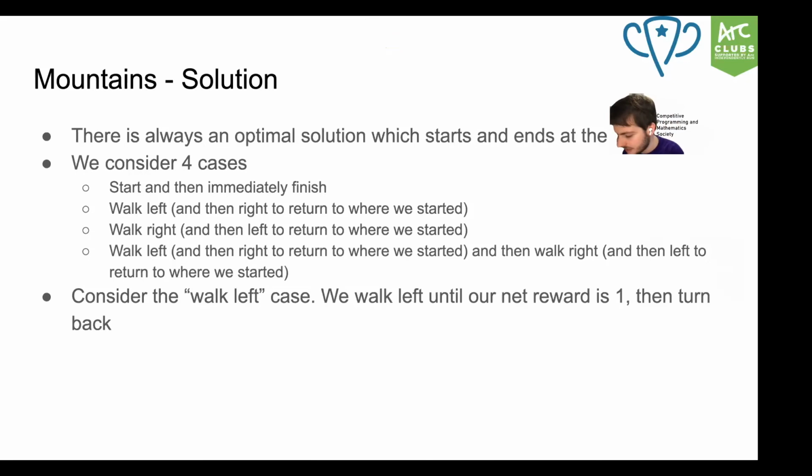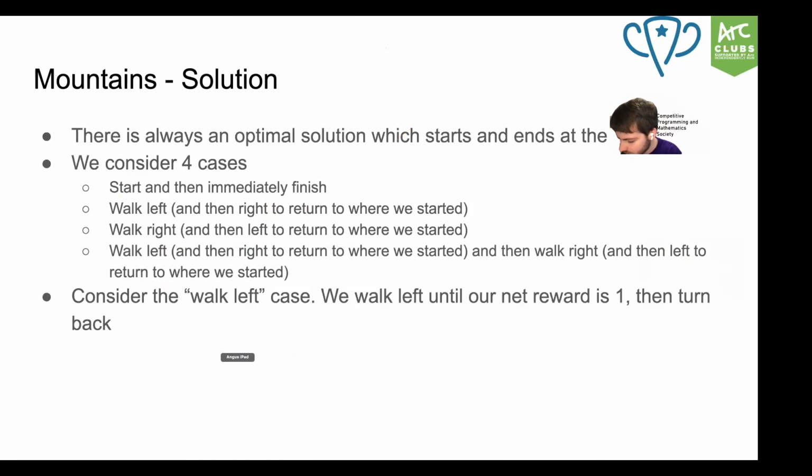Well, this first case is pretty easy to do. That's like, just check them all. This case we'll look at, the walk right case is the same as the walk left case. You just do the same thing, but in reverse. I'll explain the last case at the end. This is a little bit more tricky. But the idea is, if we want to walk left, we just keep walking left until our net reward is